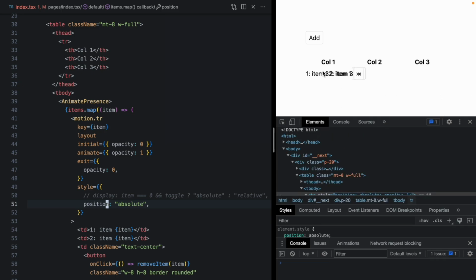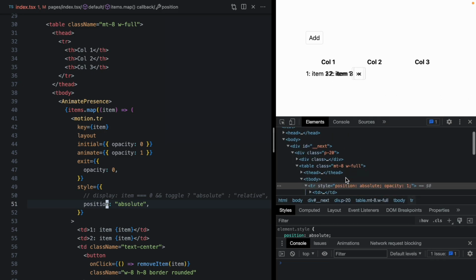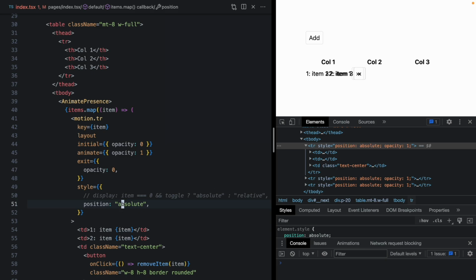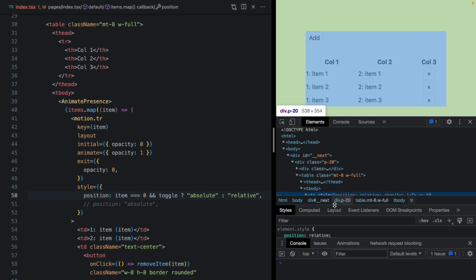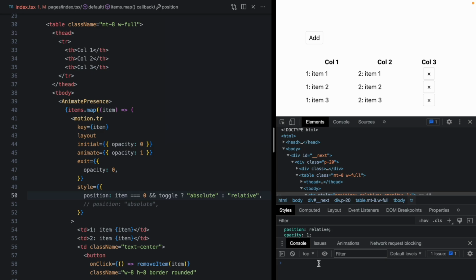Okay, cool. So when we make these position absolute, look, it takes them out of the DOM, right? So let's go back to this. And they'll start off as relative. Now we can see their position relative. They're getting that value from Framer Motion. And if I call toggle,